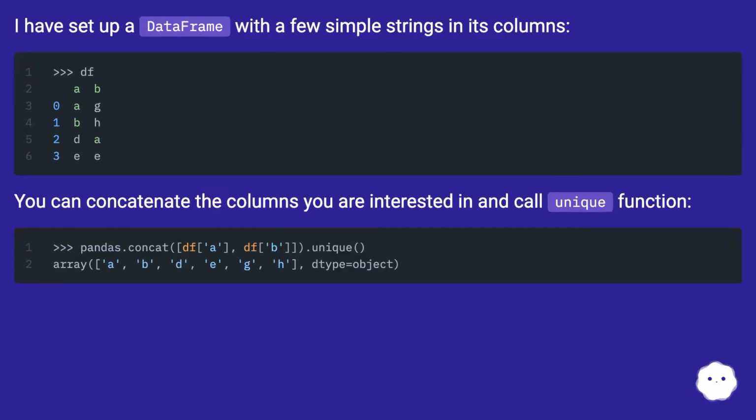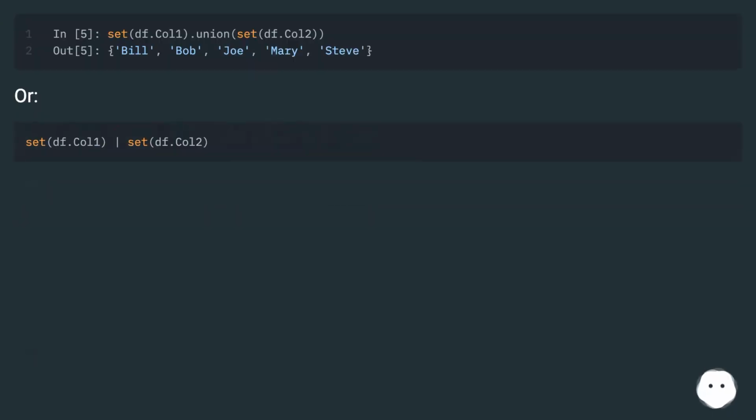I have set up a data frame with a few simple strings in its columns. You can concatenate the columns you are interested in and call the unique function. Or